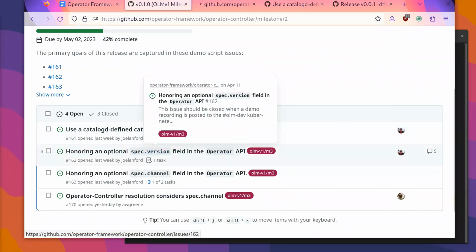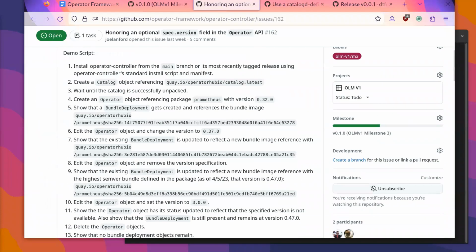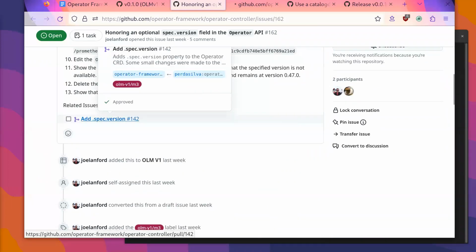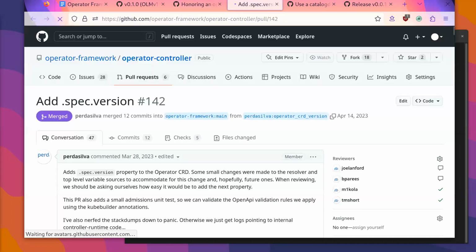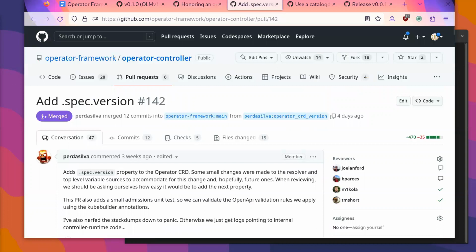For the next one, the spec.version field, I believe this was finished, right? I seem to remember that, yeah, that's right. Pair merged this. So this is finished.